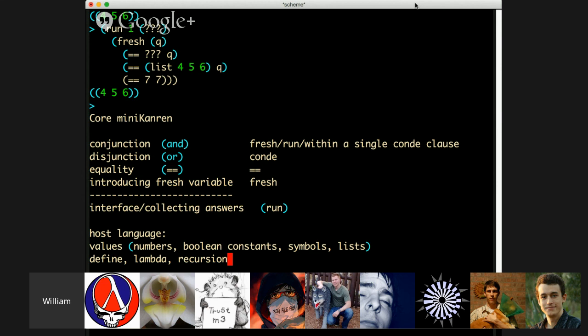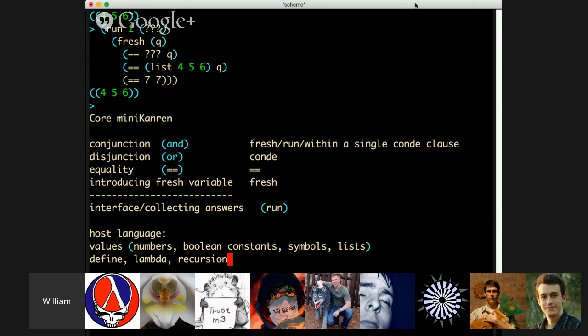If you are in a language like Clojure, you have to explicitly say when you have a tail call with the recur form, I believe. And that has to do with the fact that it's running on the Java virtual machine and some design decisions there to try to make sure Clojure and Java play nicely. This particular handling of recursion and tail calls that we have in this version of miniKanren is inherited from the host language, from Scheme in this case. Okay, so we're getting the recursion from Scheme,